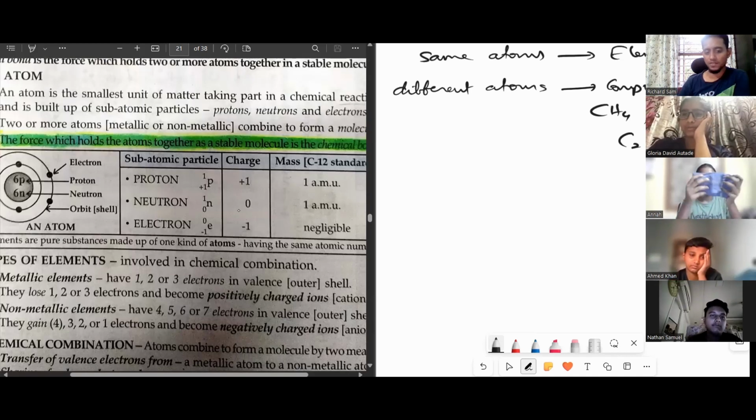So the charges are given over here, and here you can see their masses. Which one's mass is negligible? Electrons. The electrons have negligible mass. And that's why we don't consider electrons when we find atomic mass or the mass number. To find mass number, we only add the number of